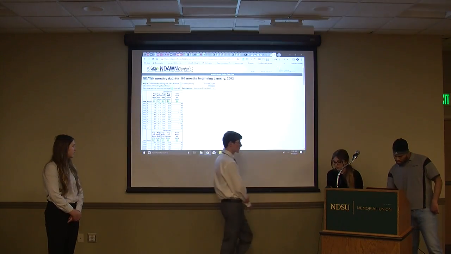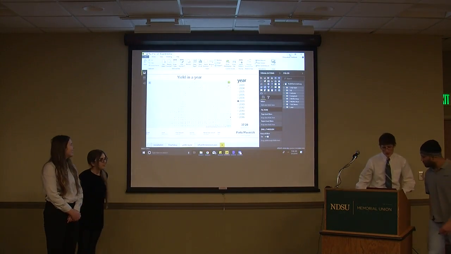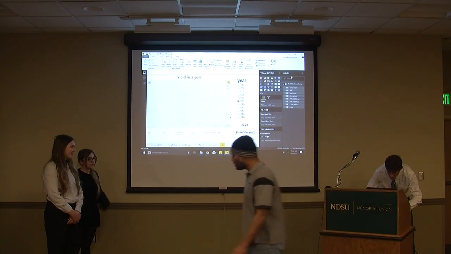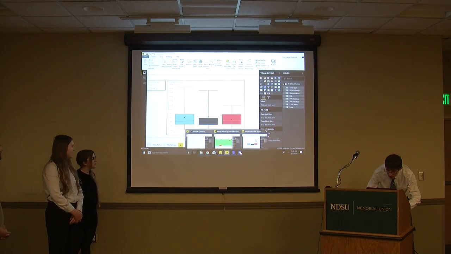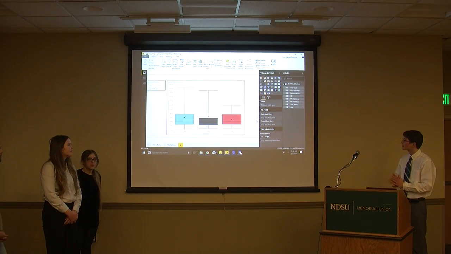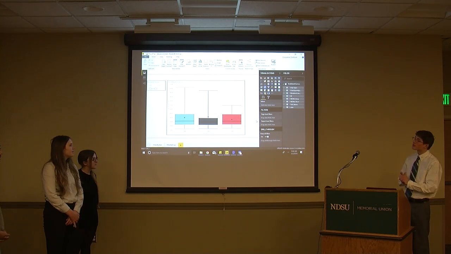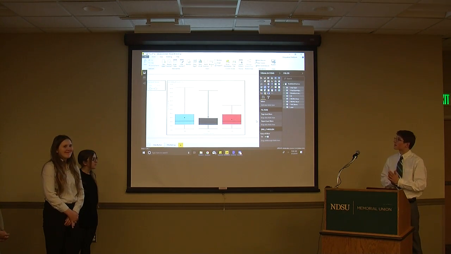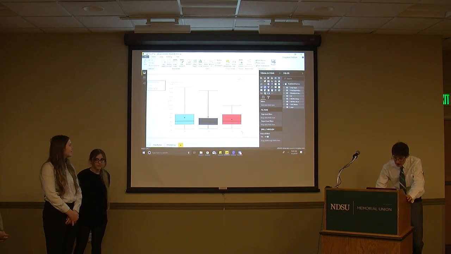Moving on. And then we'll have one more visualization I want to demo for you guys. It's the box and whisker plot. Very basic visualization, but I think its elegance lies in its simplicity. Look at all that statistical information we can get from that. So again, we have the elevations